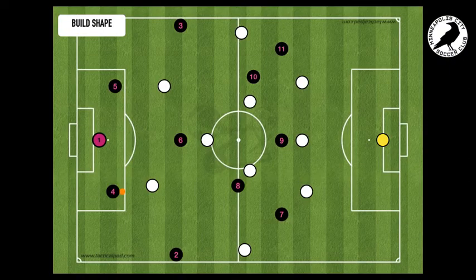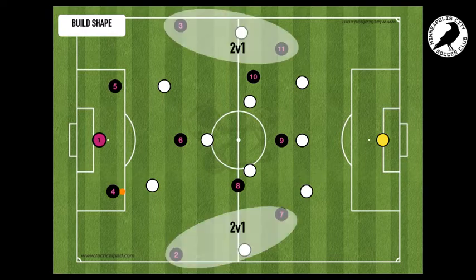So from a building perspective, we've talked about this before. We still want to keep a similar build shape where our front three are pinning back their back three and possibly their back five. Our width is going to come from our outside backs in the build. So that's a restart from goal kick or from Troy's hands or whoever's in goal's hands, and we go from there. So what this is doing with this shape is we're really challenging their wing back to read the game